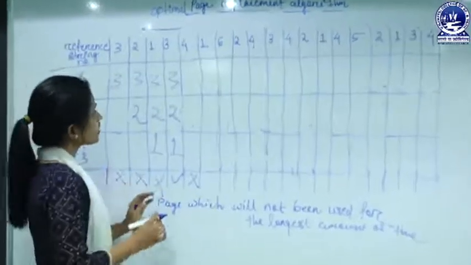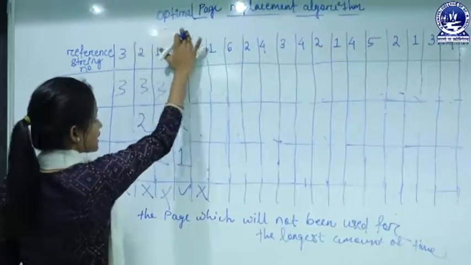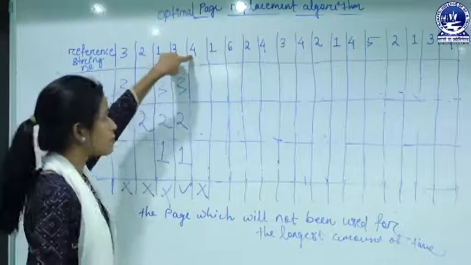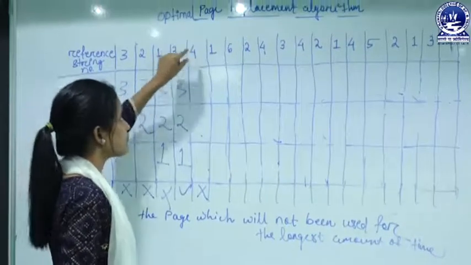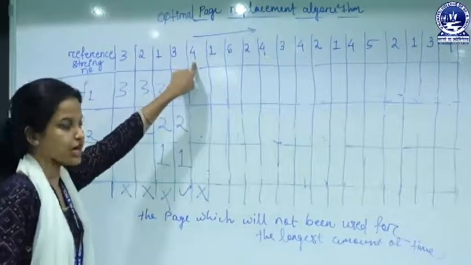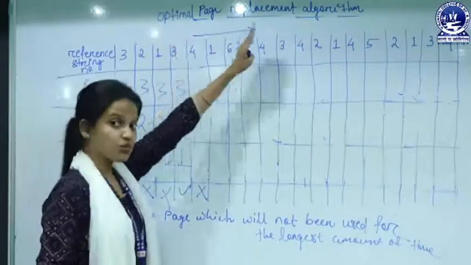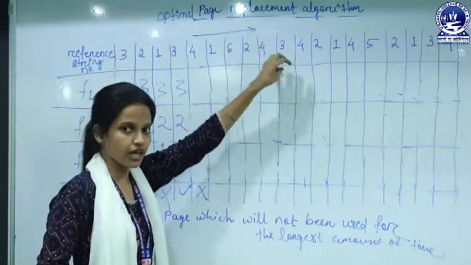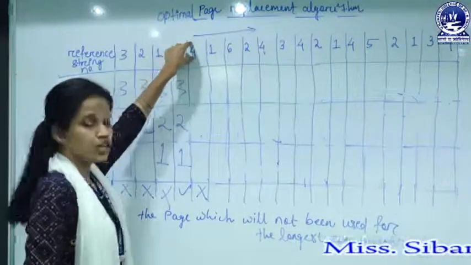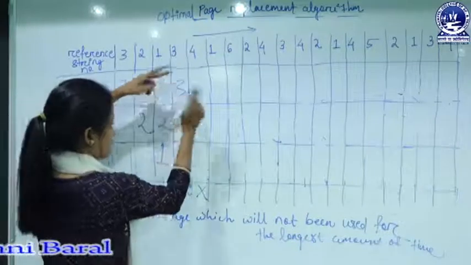In LRU we traverse from right to the leftmost corner, and in this optimal page replacement algorithm, from the page which will be swapped into the main memory, we traverse from left to right. The page which is in the rightmost corner, we replace it with the new page and swap it out to the secondary memory. So see, among 3, 2, 1,